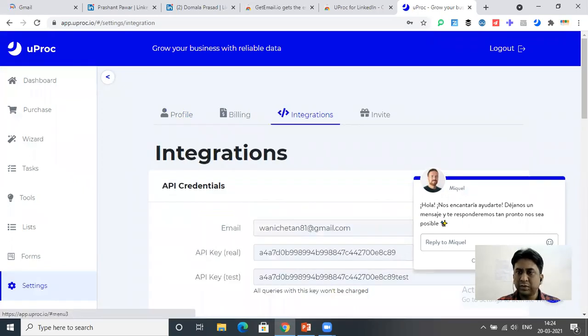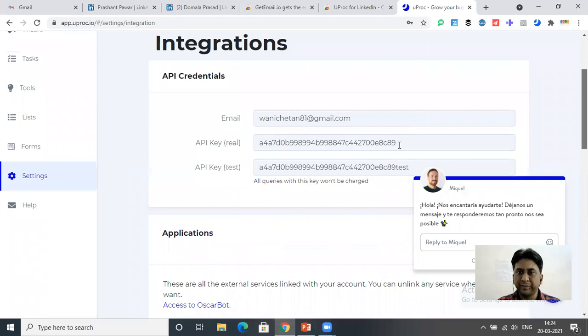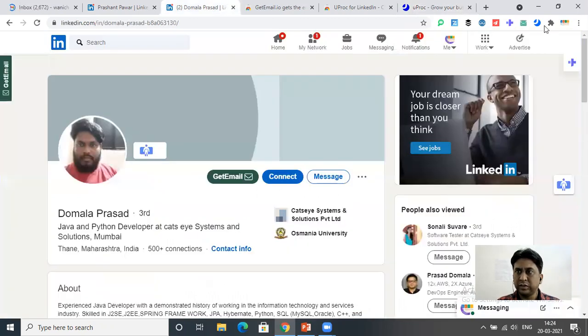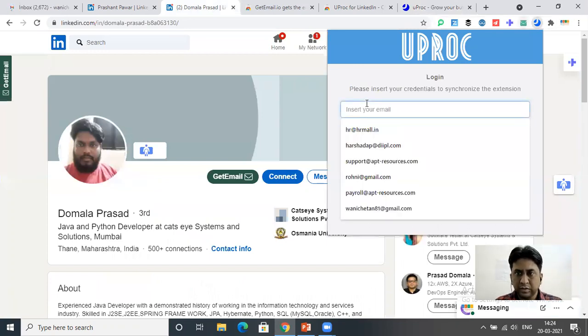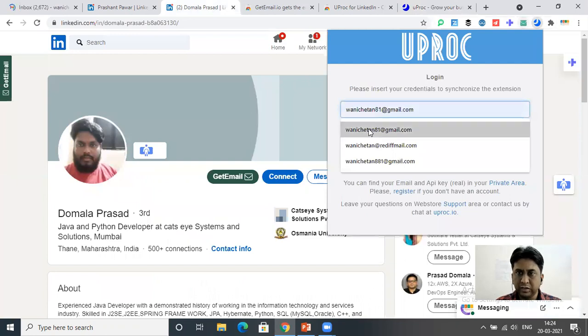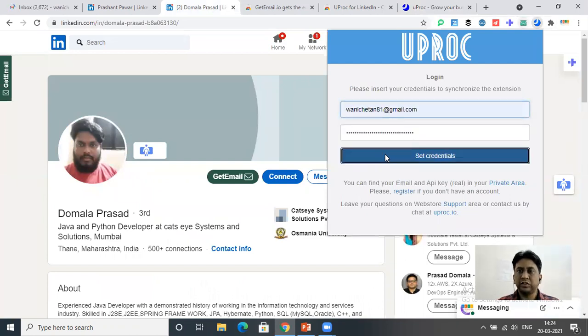Okay, so this is the API key we were looking for. So you have to go to settings and integrations. Then go to the LinkedIn profile, click here, write this key, and this is the email ID which I had used. Set credentials.